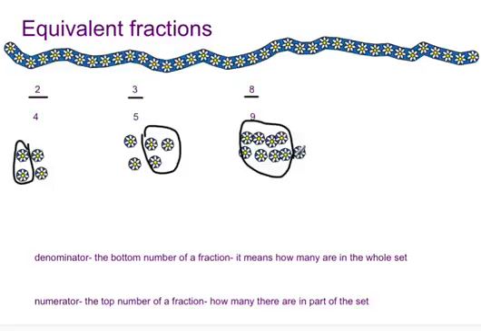That shows our fractions. The denominator is the bottom number of the fraction. It's the 4, the 5, and the 9. That tells us how many are in the whole set. The numerator is the top number of the fraction. The 2, the 3, and the 8. This tells you which part of the set we're talking about. So 2/4, 3/5, 8/9. Now if we're talking about equivalent fractions, we can show these by using lots of different